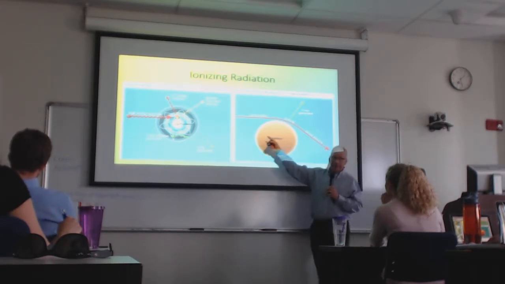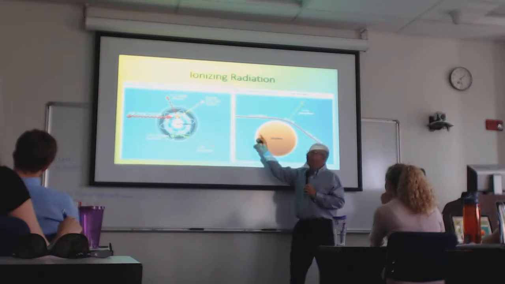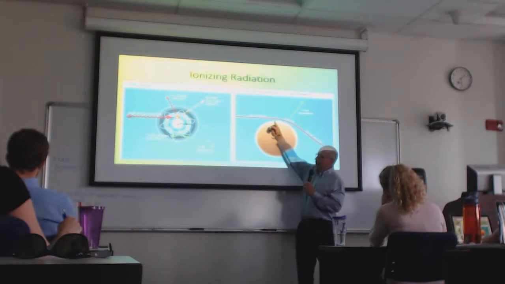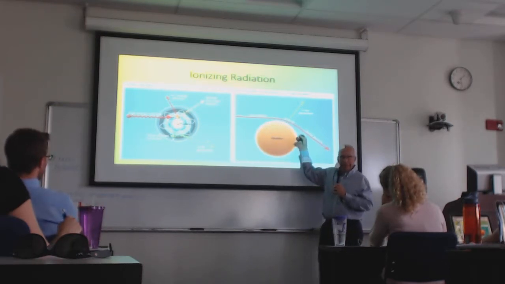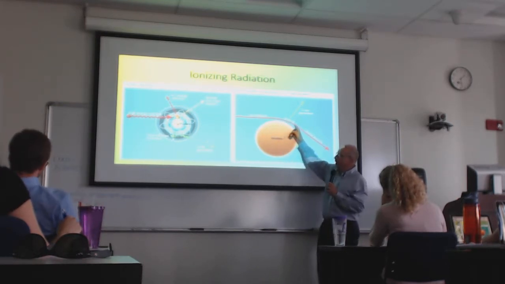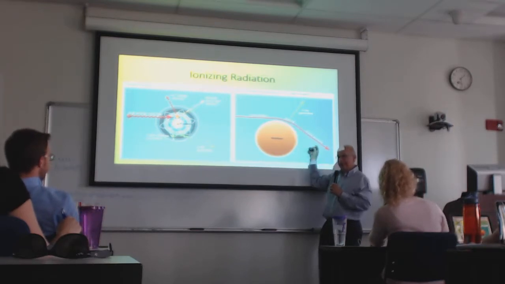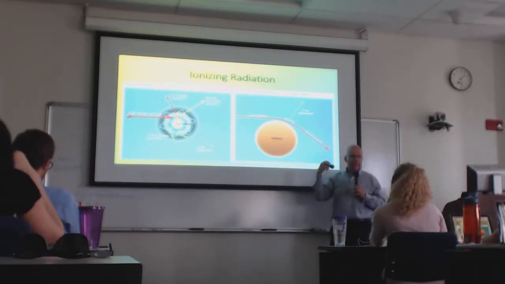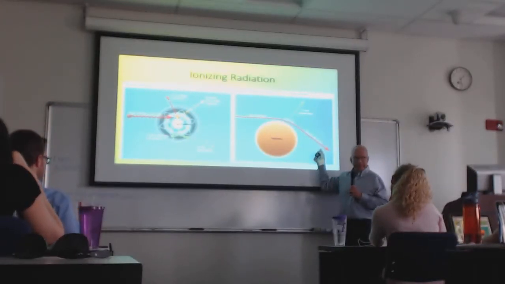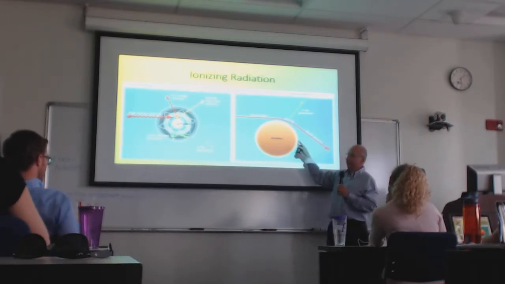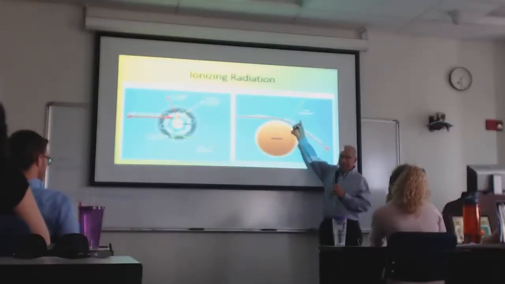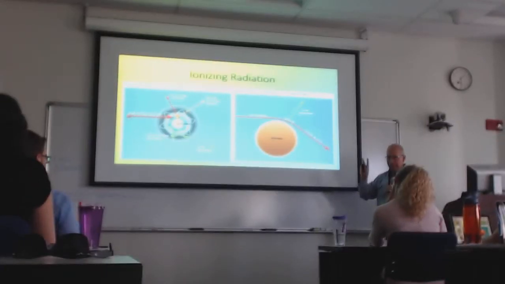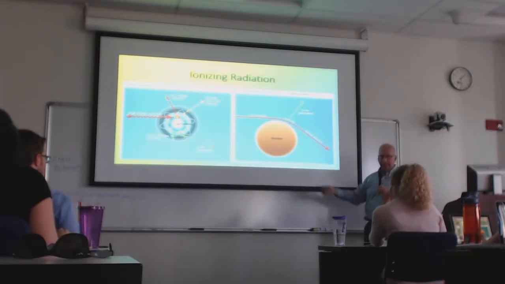What happens is that here's an electron flying, but it doesn't hit the atom. It gets near the nucleus, near enough. It doesn't hit anything, but it is deflected because of the properties of the nucleus itself. The electron is deflected, and when it's deflected, it slows down. And when it slows down, there's a conservation of energy. The energy released when the electron slows down has to be turned into something. It's turned into an X-ray, and that's the breaking radiation concept. So there are two kinds of radiation: characteristic and breaking.